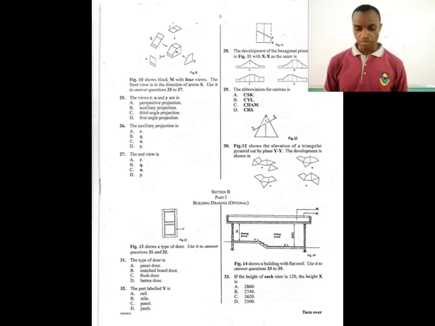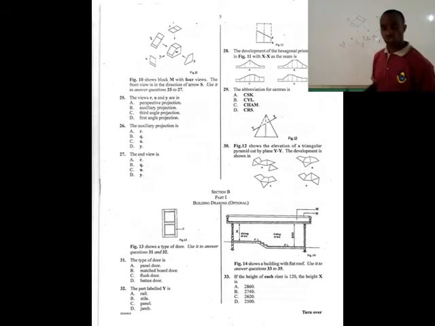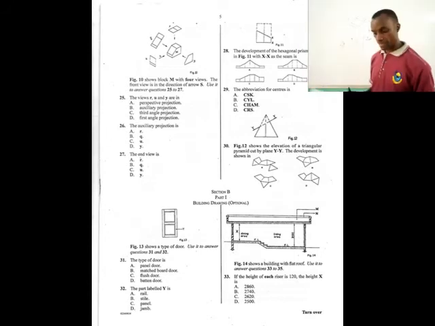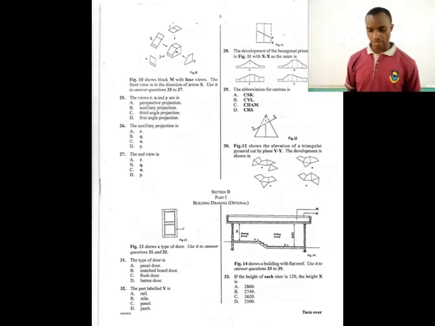Now the auxiliary projection is this particular one, which points this way. Why? This view is here, this one is here, this one is here. So automatically in number 26, the answer is Q, which is B. All right. The end view is simply Y, and that is the one to the right hand side. Answer is D.